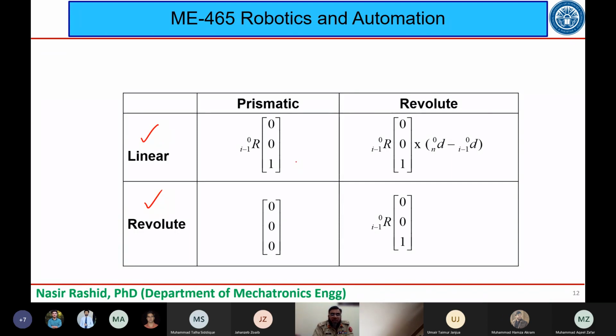ये हमने अभी पीछे ड्राइव किए हैं ये सारे, तो मैं ये टेबल की फॉर्म में आपको दिखाना चाह रहा हूं कि अगर मैंने लीनियर वेलोसिटी निकालनी है ऑफ अ प्रिज्मेटिक जॉइंट, यानी कि मैं ये जैकोबियन निकालने की बात कर रहा हूं, तो ये फॉर्मूला यूज होगा। इसी तरह अगर मैंने लीनियर वेलोसिटी एक रेवोल्यूट जॉइंट की निकालनी है तो उसके लिए ये फॉर्मूला यूज होगा। नेक्स्ट स्टेप क्या है कि मैंने रेवोल्यूट पार्ट जैकोबियन का निकालना है फॉर अ प्रिज्मेटिक जॉइंट जो कि 0 है, ये भी हम देख चुके हैं पहले। और इसी तरह रेवोल्यूट पार्ट फॉर अ रेवोल्यूट जॉइंट वो इस तरह से निकला।